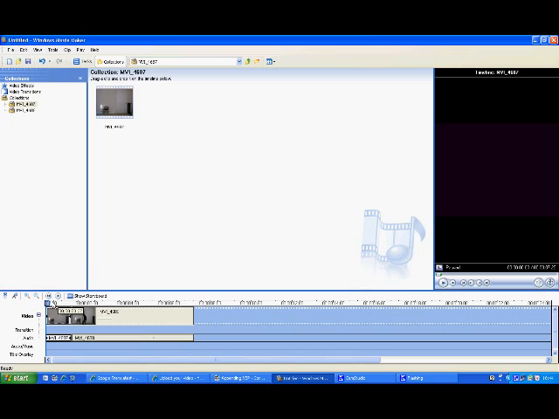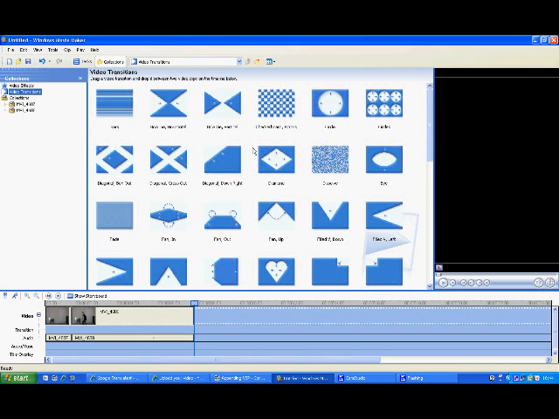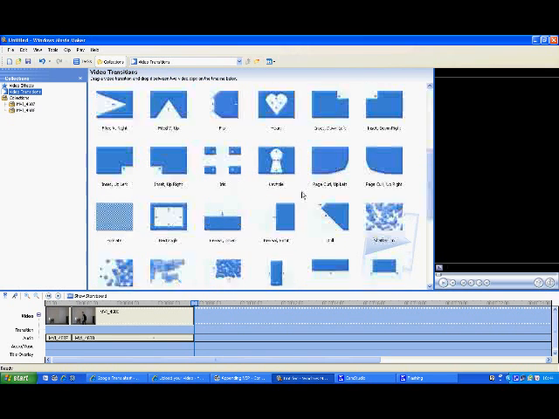So if we just go to the start and then press play, you'll get this. It just suddenly sort of jumps. Now that doesn't look brilliant. And so basically, the easy way to improve that is to go into video transitions. You see, you get loads of